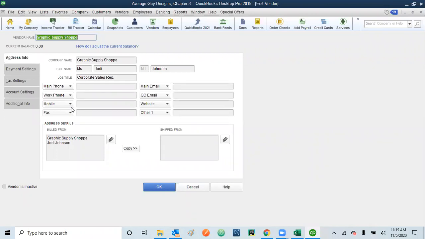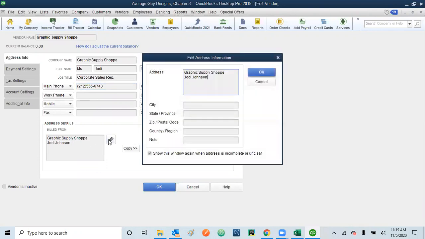The phone number is 212 555 6743, right? And then the address is 302. So I can start typing the address from here as well, but my practice is I always select the edit option and I make changes in this one. So I'll be typing here 302